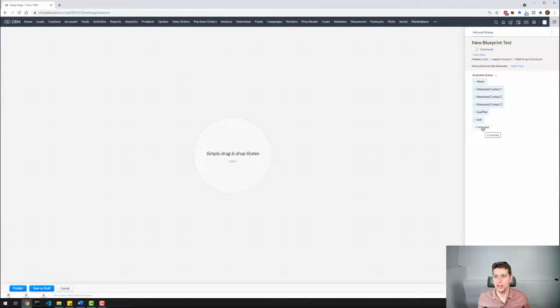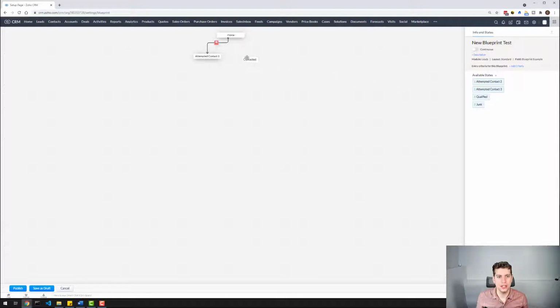So when we work this, we want to throw first the none in there because we want this to be associated with all leads. So we're going to throw this down here into this spot. We're now going to click attempted contact 1. So this is the first option that our users are going to be able to see in the blueprint. We also want our team to be able to easily select qualified, junk, and contacted. They are going to be accessible at any point in time.